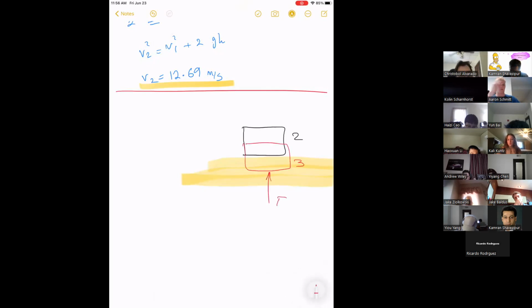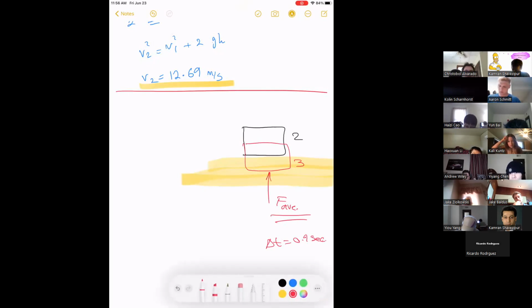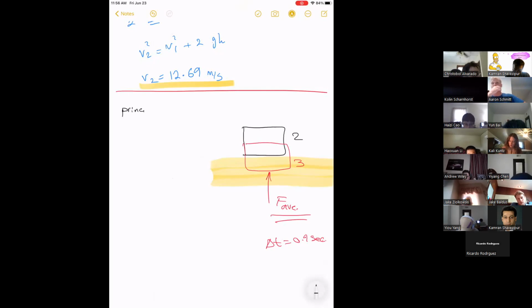We have an average force of F average, and this average force happens in delta t equals 0.9 second. You want to see how much the force is? This time, we're going to go with the impulse momentum relation, okay? So the principle of impulse and momentum, which says